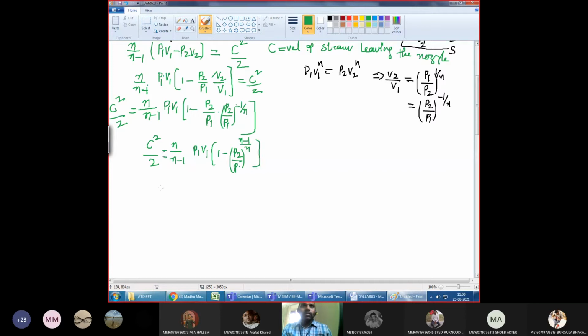So this is equals to C square by 2, and from this C square is equals to